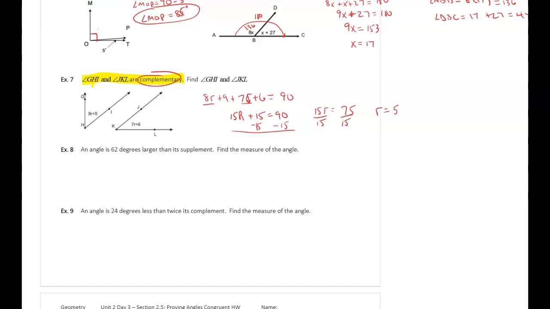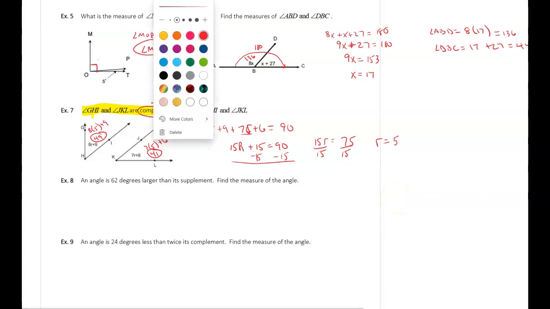Once I know R is equal to 5, I can plug it back in to find these angles. 8 times 5 plus 9 is 49 degrees. 7 times 5 plus 6 would give me 41 degrees. Alright, now 8 and 9, this is where it gets a little challenging. Okay,